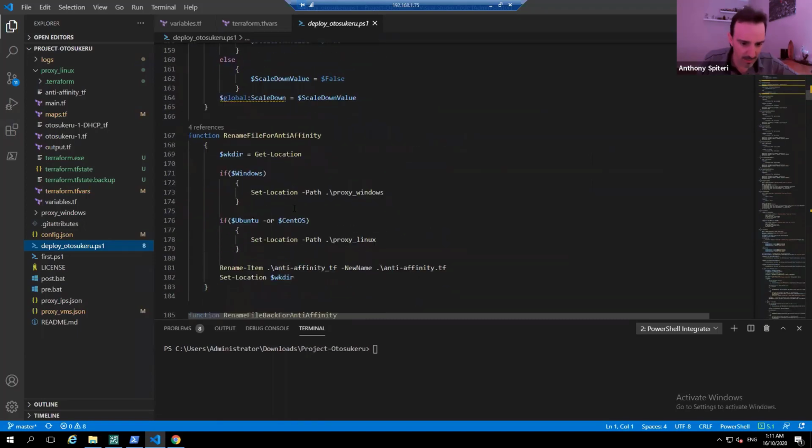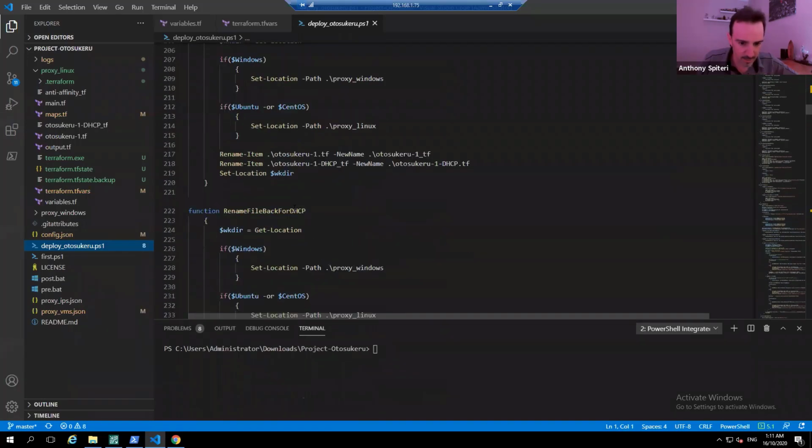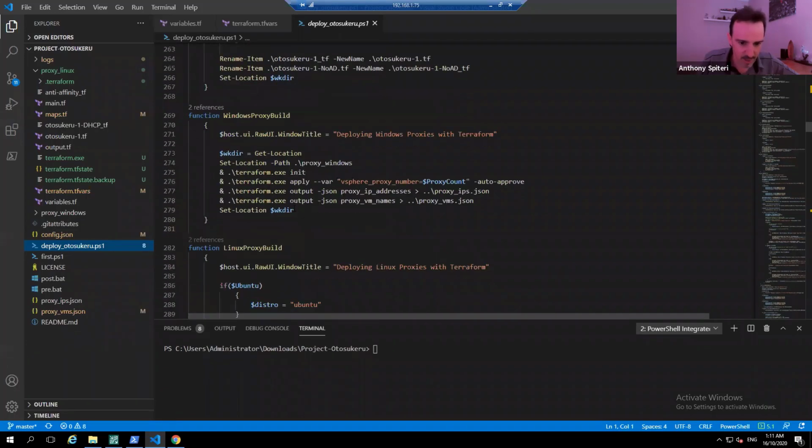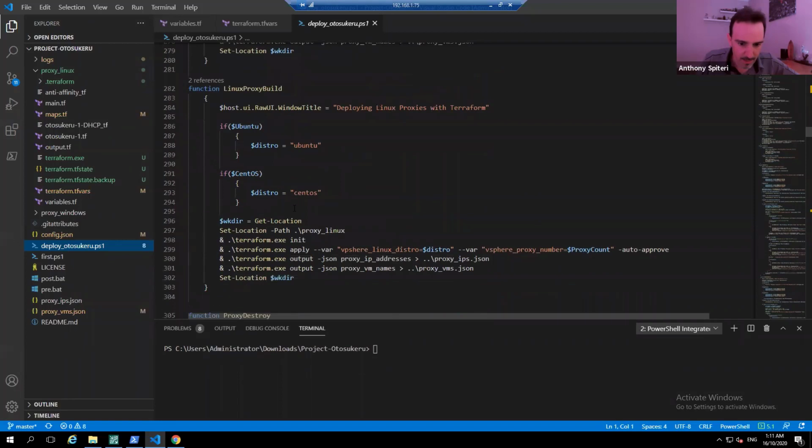Okay, now let's have a look here. If we go down, and we'll get down to a bit of the code where the Terraform is actually being deployed. Let's just find it. Here we go. It's deploying Proxy with Terraform. So these functions are built into the actual PowerShell themselves. And you can see here that what we're doing is we're basically leveraging the Terraform location. We're doing an apply on this particular distro. So the distro could be Linux, could be Windows. And in this case, we're doing the proxy count. So how many proxies do we want to actually deploy at the same time?